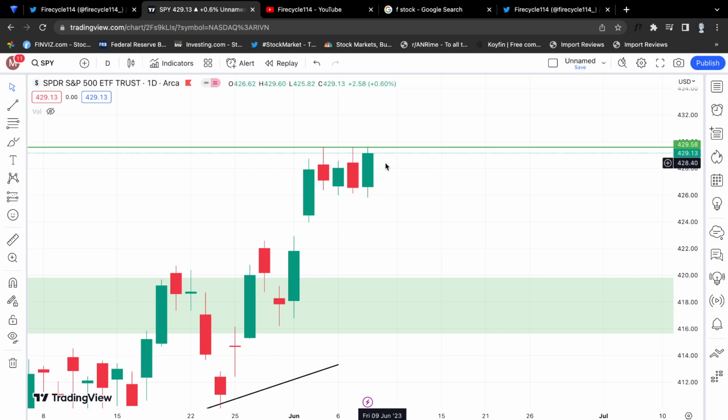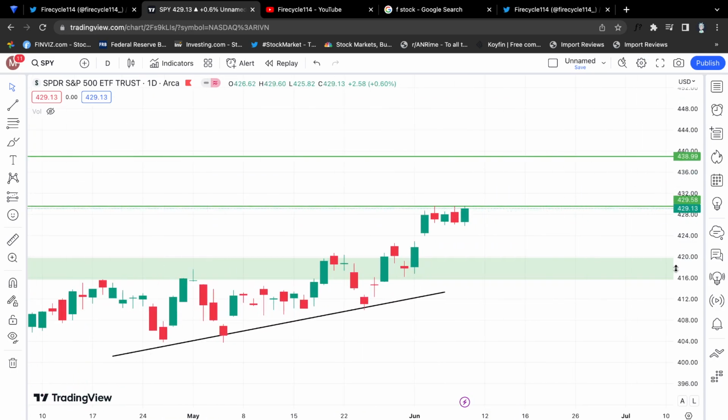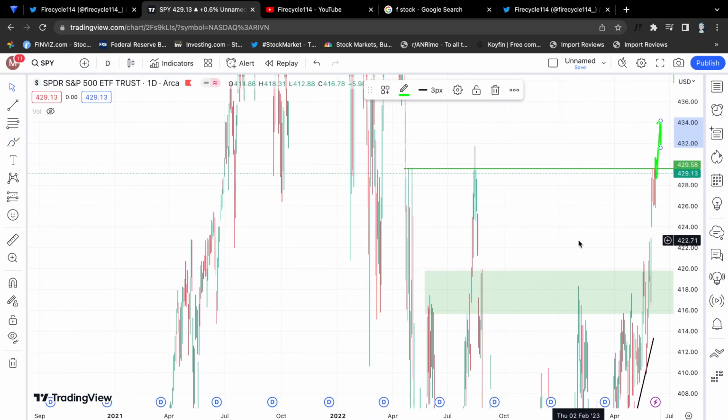These levels that I give are very, very important, and the market reacts to these levels. So the past 4 days, we have been trading sideways. We have a pretty nice bullish close. We're going to open up at the resistance at market open. So if we can get momentum at market open, especially with higher volume, that is going to be a very, very bullish indication, because then we are breaking